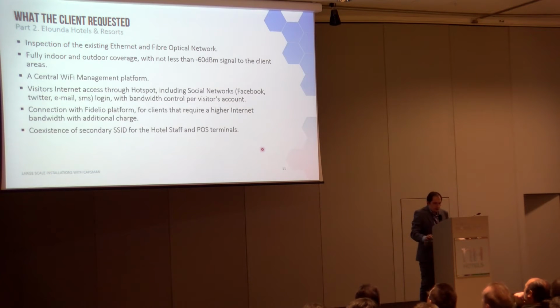The client requested the shown 6 capabilities, which are inspection of the existing Ethernet and fiber optical networks, full indoor and outdoor coverage with not less than minus 60 dBm signal to the client areas, a central Wi-Fi management platform,